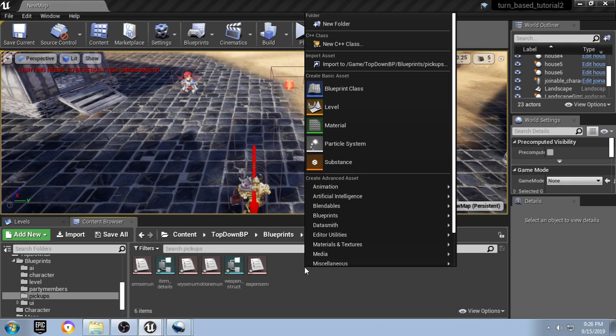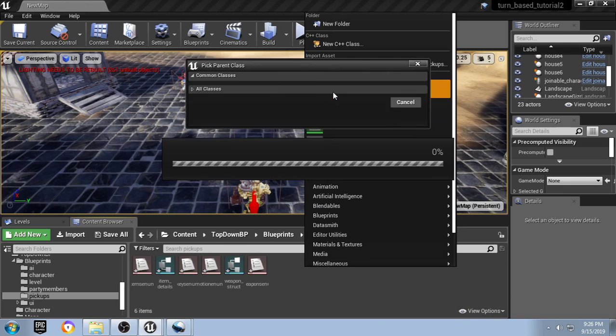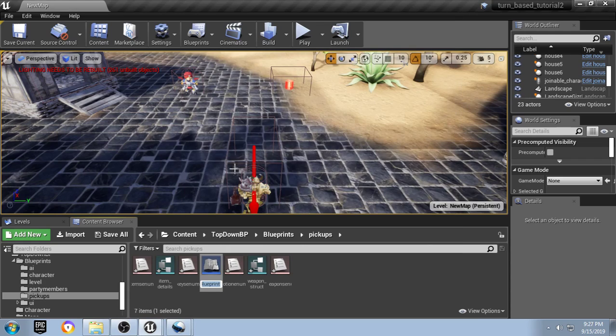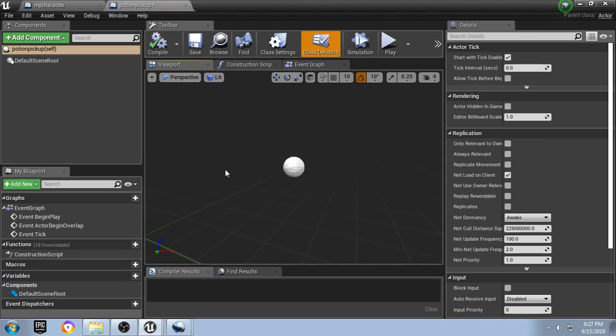Okay, and then inside here we're going to create a blueprint class actor, and this one we're going to call potion pickup, and then within this potion pickup